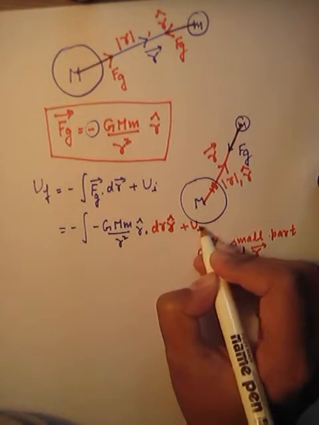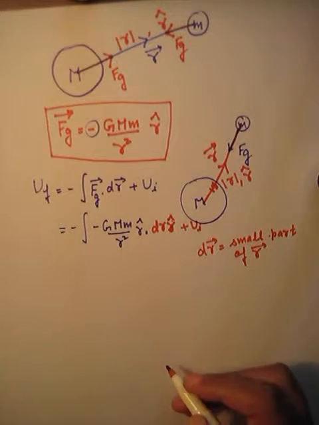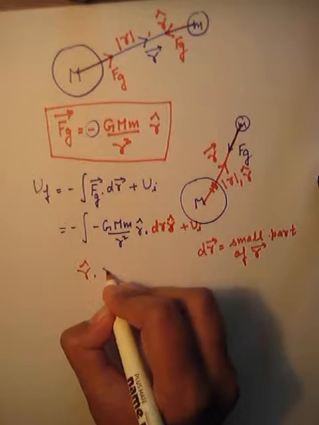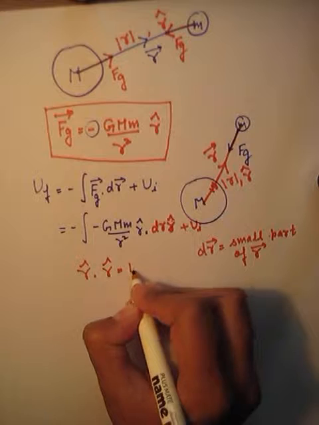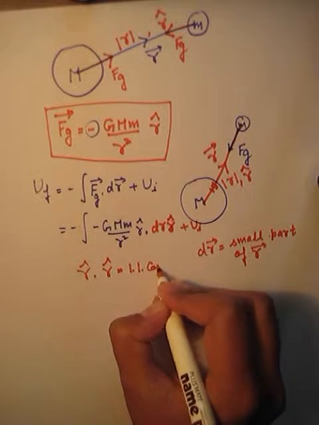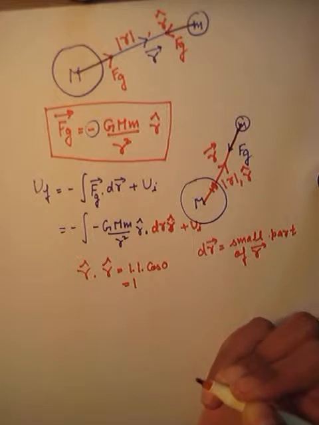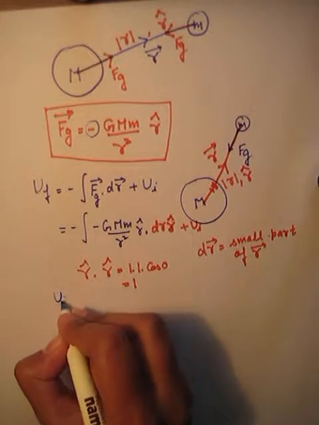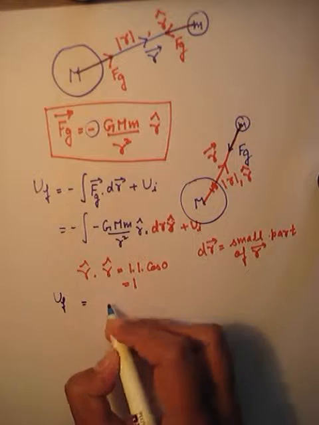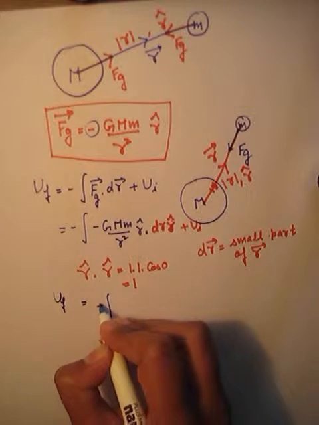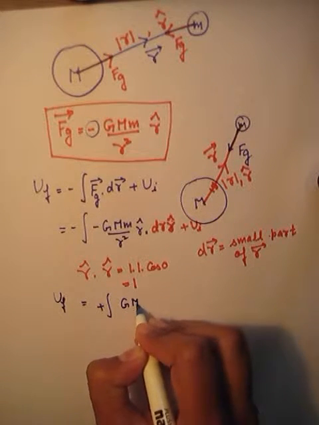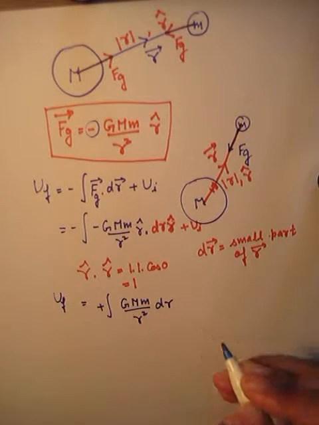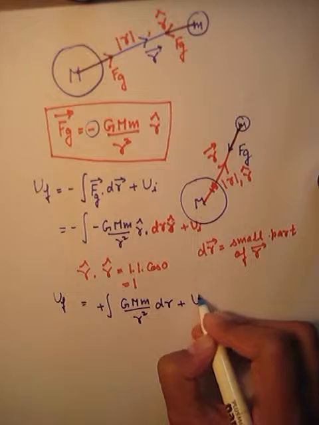The r unit vector dot r unit vector will be 1 times cosine of 0, so it will be equal to 1. So from here Uf will be equal to integral of G capital M small m upon r square into dr